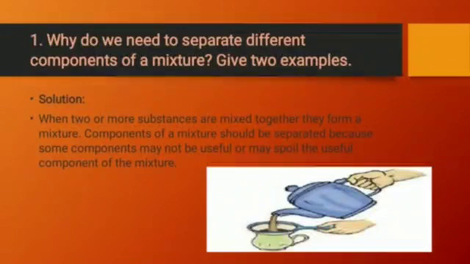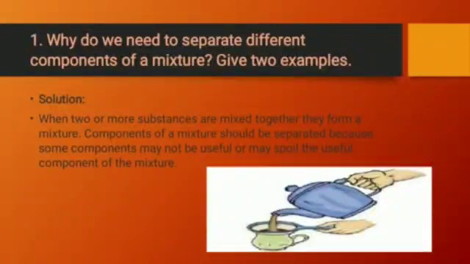You know that when two or more substances mix with each other, this is called a mixture. So why do we need to separate substances from this mixture? Different types of substances are there. Some are useful to us, some are harmful to us. Sometimes sizes are different, sometimes their colors are different.